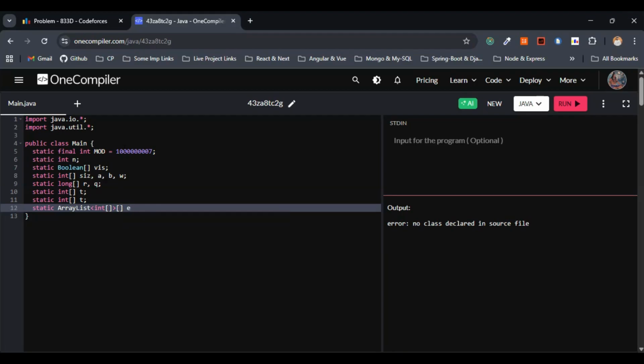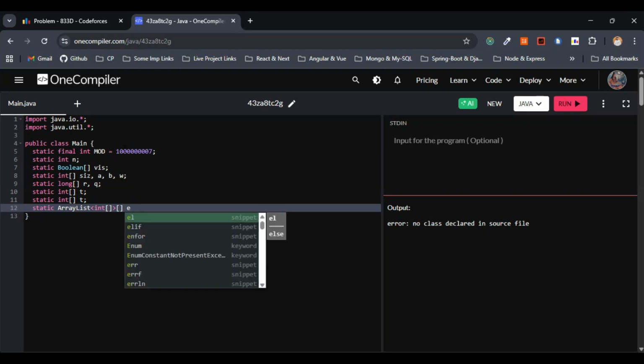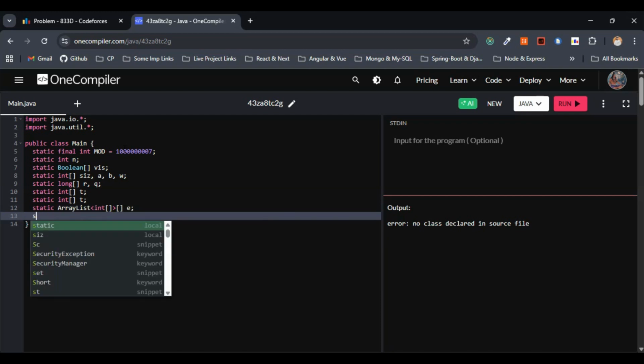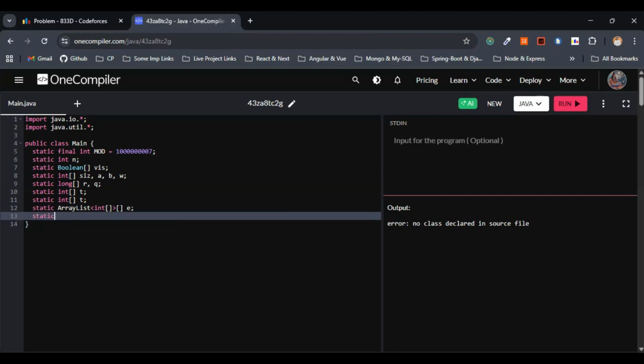Sorry, what did I miss here? Oh, graph adjacency list, I didn't consider at all. Let me go with this one actually. Array list. This is fine. Also, let me go with the array list that stores the current subtree nodes as well. So this one will be static array list